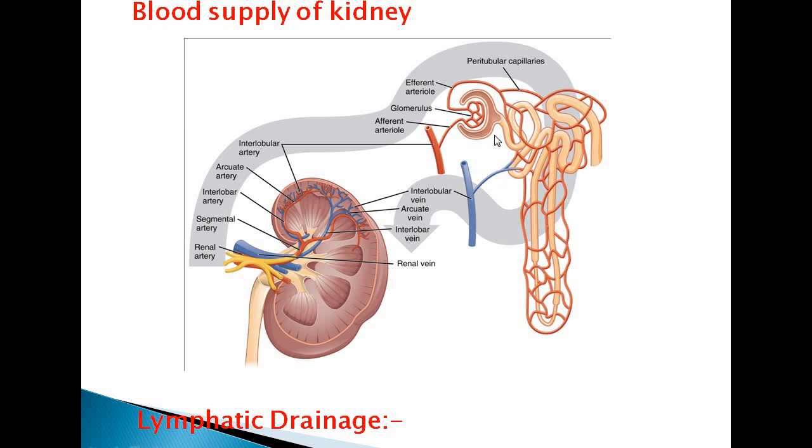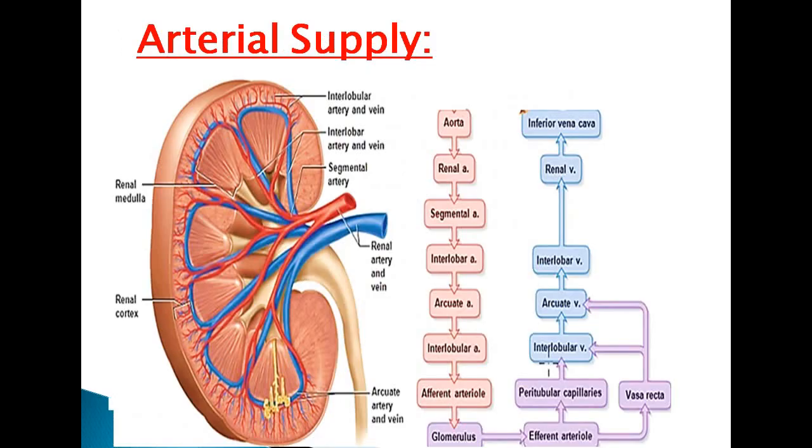So in the kidney there are two sets of capillaries. One is at the glomerulus and another is the peritubular capillary network. These two sets of capillaries form a renal portal circulation. So this is the renal portal circulation present in the kidney. This peritubular capillary network has a venous end, where it will drain into the interlobular vein. We will see a schematic diagram of it.